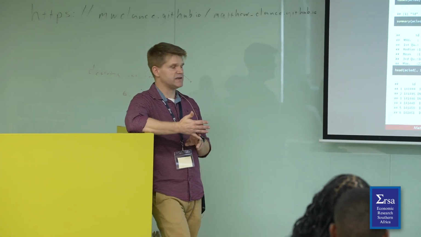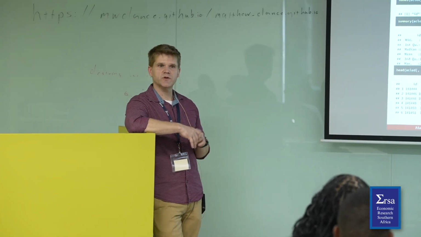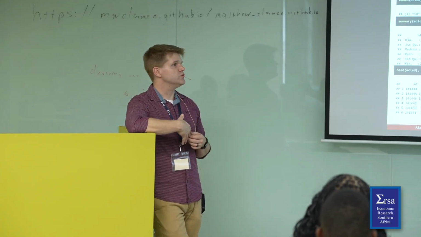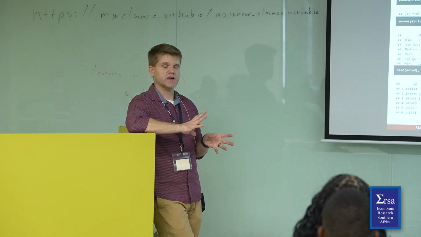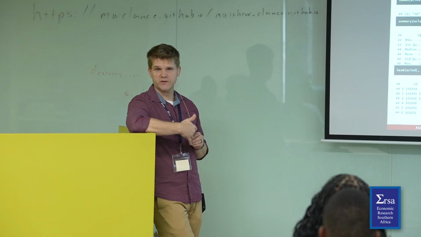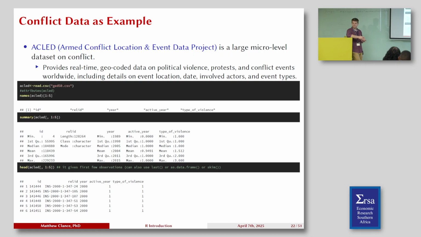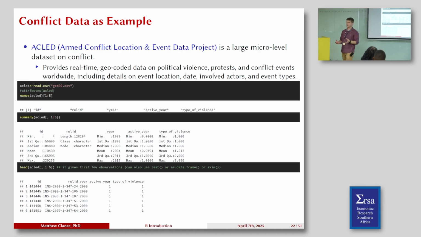So it's not like at a state level. It wouldn't tell you the number happening in South Africa. It would actually tell you, with some accuracy for most observations, GPS coordinates of where it was occurring, say at a district or even a very low micro level. And from that, you could then use it with other micro data sets of the same type, or you could aggregate it up. The reason I'm showing this is to give you some idea of how we work with real outcomes, or real data that we've used in the past.